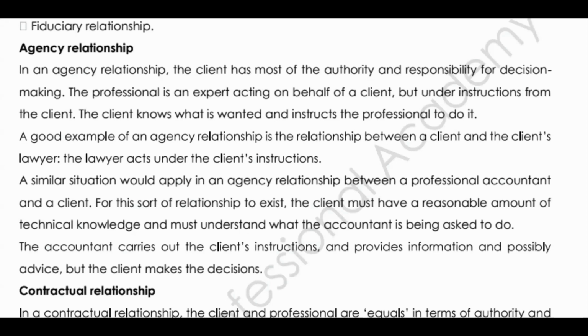Now, if you look at the third paragraph, the last part, I said, for this sort of relationship to exist, the client must have a reasonable amount of technical knowledge. So for you to have an agency relationship, you need to be a professional yourself. So for example, you have your